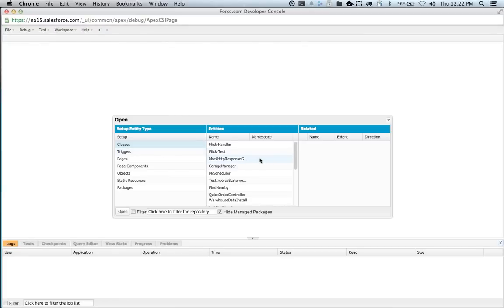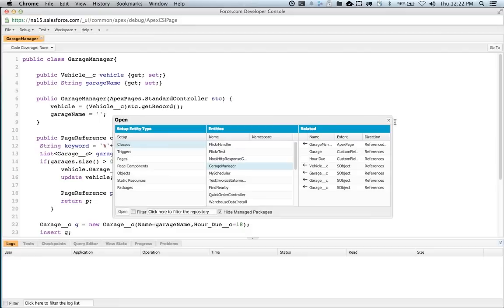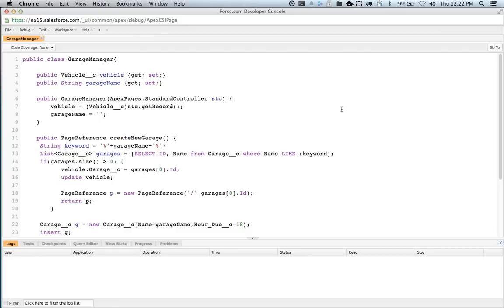Let's take a quick look at the two different types. Let me go back into my developer edition, and I'm going to go back into my developer console. The first one I want to show is the view state model, because this is the traditional way, when you look at how Visualforce and Apex have usually been used together. This is how we frequently see it. Let me bring up a class here